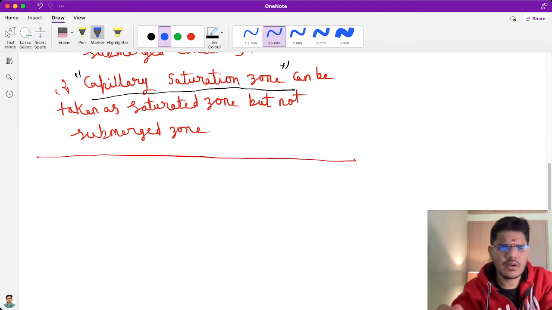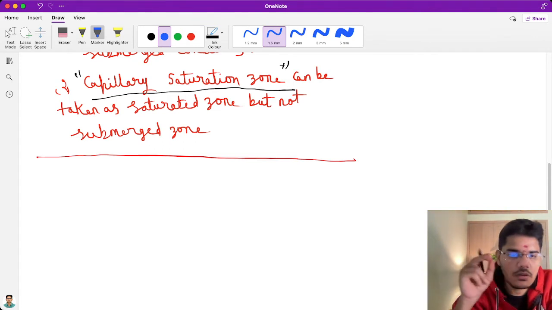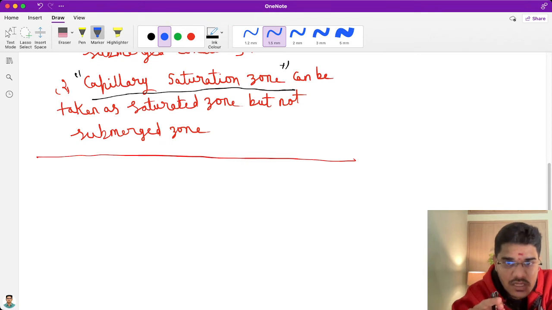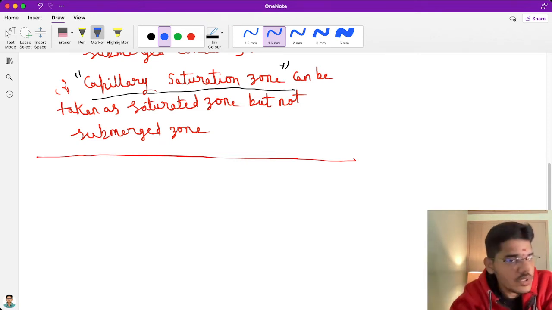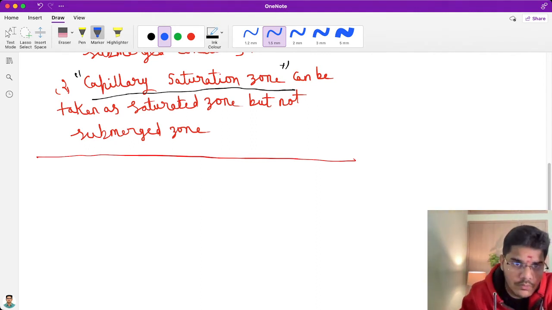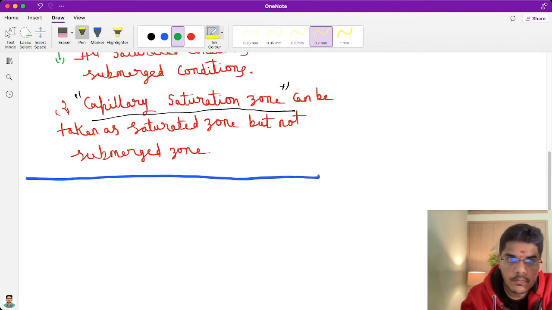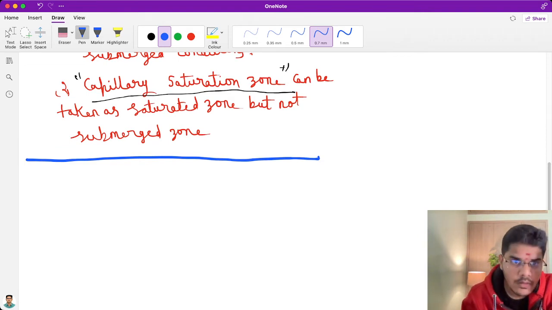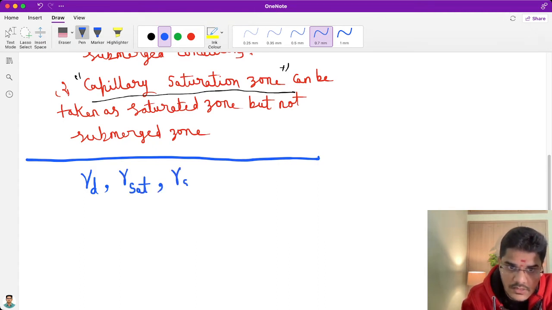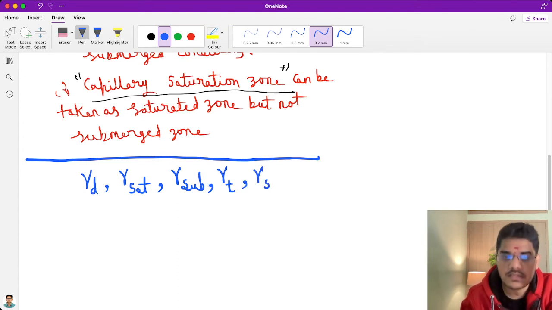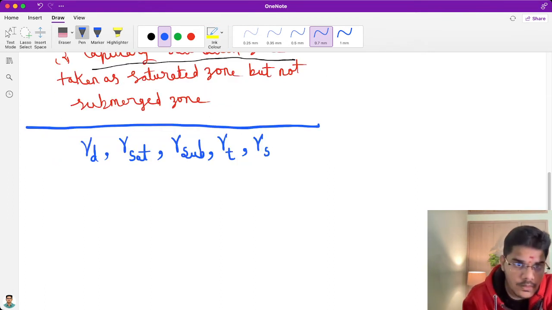Next thing. I hope we have cleared all the unit weights. Now I'll write the unit weights which we have discussed till now in descending order, that means highest unit weight to lowest unit weight for a given soil. We have discussed gamma dry, gamma saturated, gamma submerged, and bulk unit weight, gamma T or gamma B, and gamma S. So for a given soil,